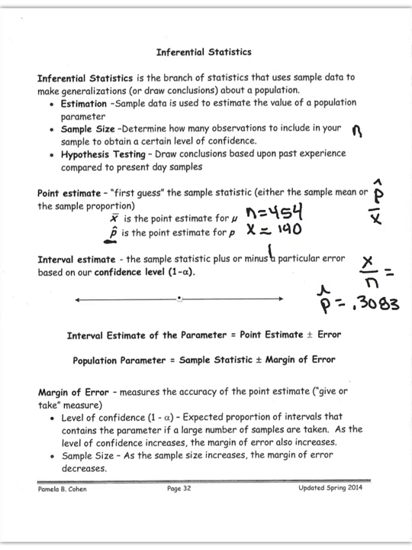So here in the middle of this diagram would be my point estimate. And I'm going to go ahead and label that. Now, when I looked at the poll data, they said that the margin of error was plus or minus 4.6%. Okay. Generally, when I do a confidence interval,